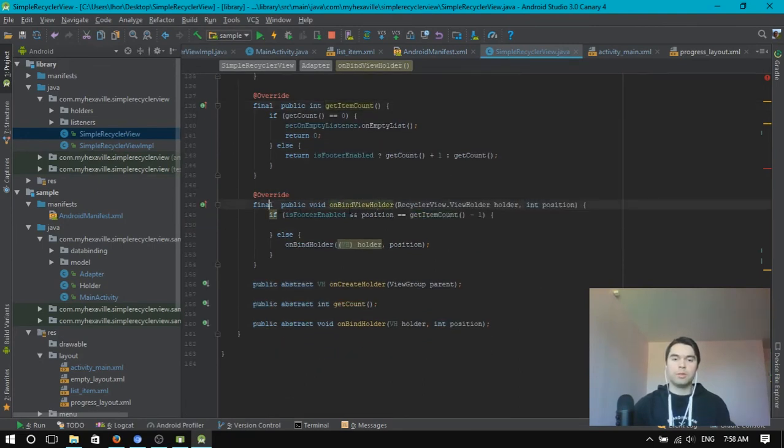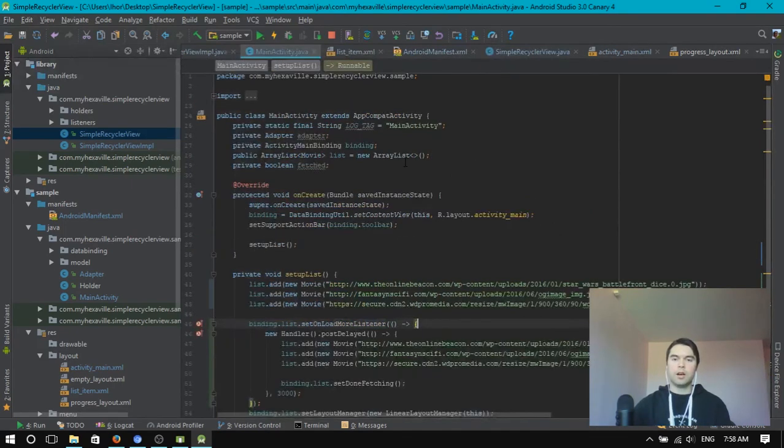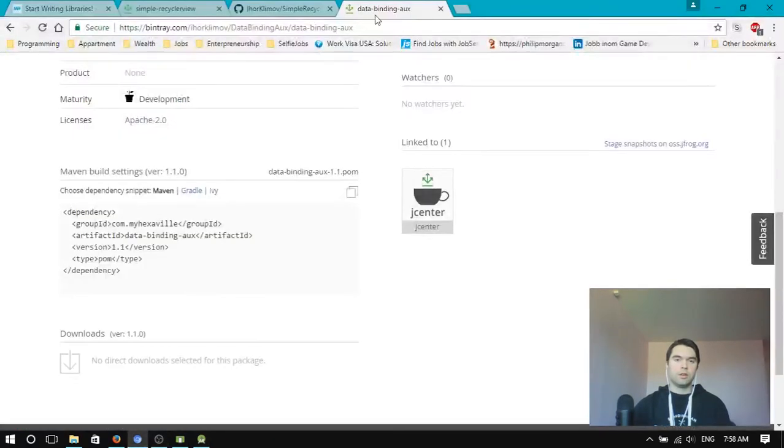On bind view holder, it just handles whether it's a footer, or if it's a footer, then no actions from user required, otherwise it takes the user implementation. And that's it. I will document all the stuff in here,